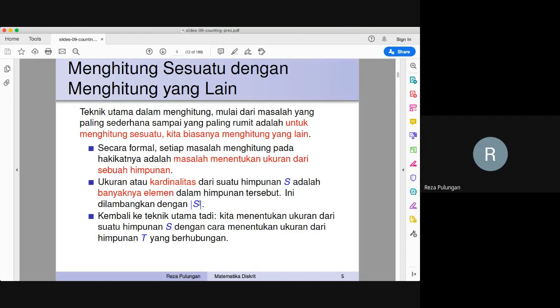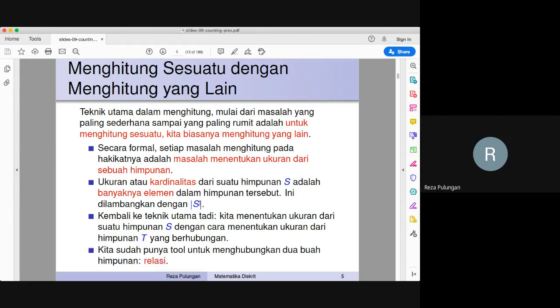This is what we are going to talk about in this lecture: how to create another set, namely set T, from a particular set S. There must be a correspondence between them. When you do counting directly on S, you have a problem. But later, when you do counting on set T, everything becomes simpler.